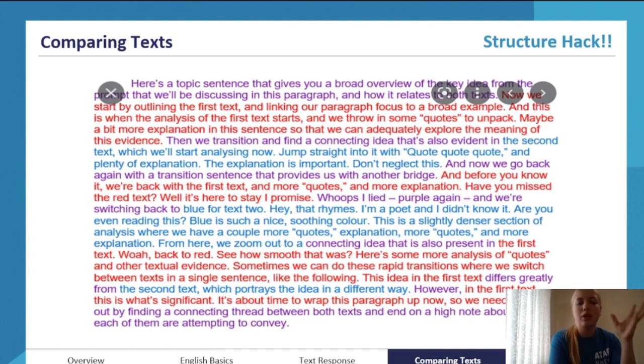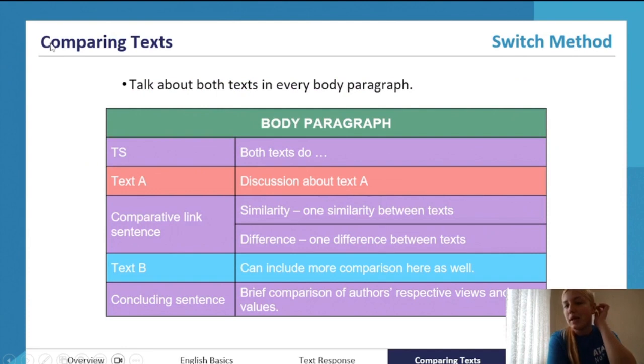Read through this. This is a really coherent and easy way that the rainbow structure has been presented, where you consistently switch between text A, text B, back and forth, back and forth. And this is a great structure for including a lot of comparative links. It makes it easier to do than the block structure, but it is a difficult structure to do well. But if you find something like this easy to understand and you can memorize how to do the actual structure, feel free to have a go at the rainbow structure. This is a really good example. So this is that switch.